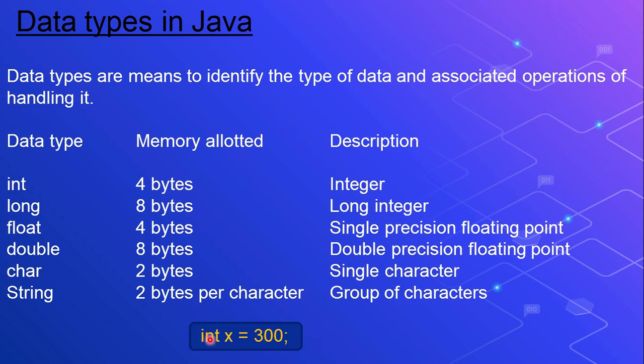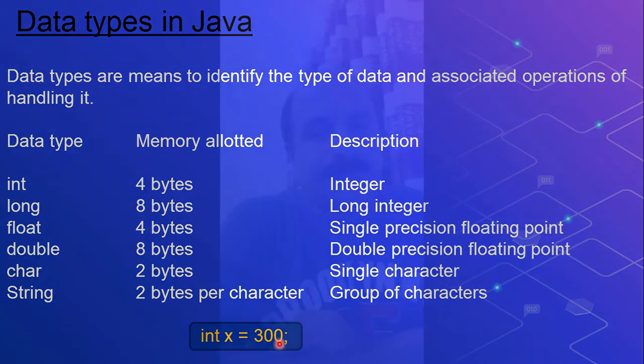Now it's very clear. Int x is equal to 300 means you are going to store integer type data in this x. So you can store 300, 400, 5000 here. Within the range of int, you can store any number. So children, that was all about data types and the other remaining portions of our general discussion.